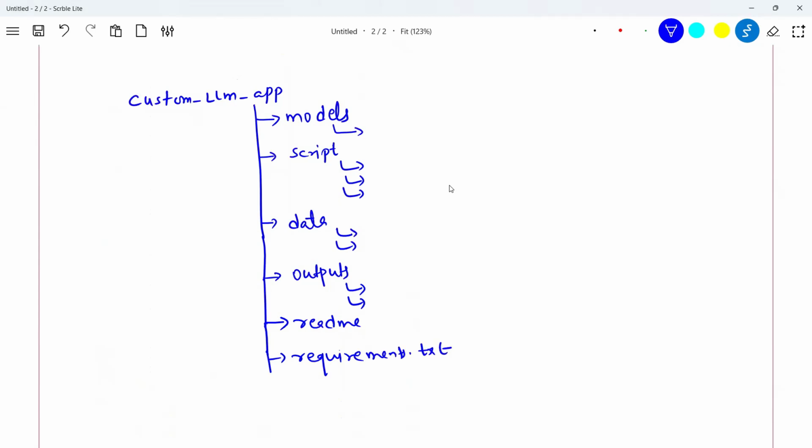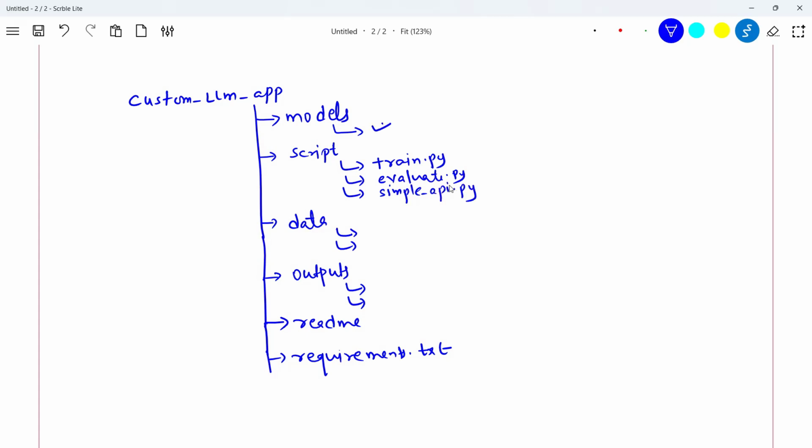Now in the scripts folder, I'm going to have three different scripts. One is called train.py, another is called evaluate.py, and third is called deploy.py, or in my case, I'm calling it simple API.py.